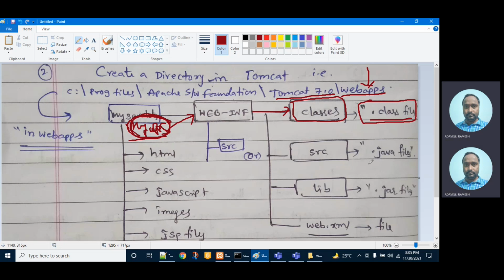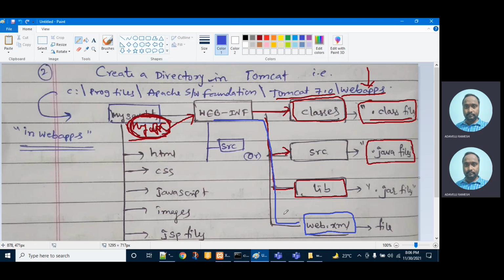Next, your .java files should be inside one folder called the source folder. If you use any libraries, such as JDBC drivers, those libraries should go into a folder called lib. Along with all these things, one important file you have to create is the web.xml file, which should be inside WEB-INF only.